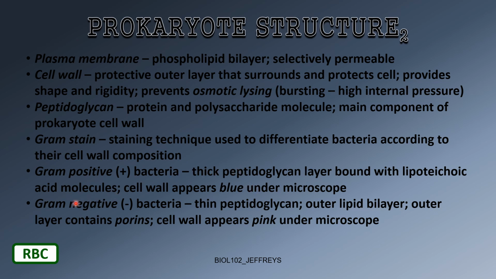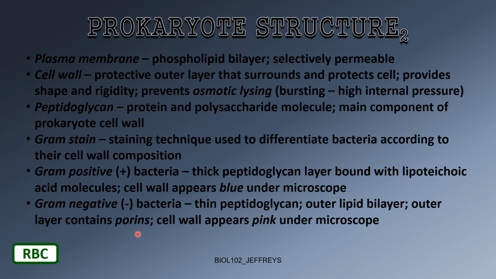And then on the other side, you have gram-negative. It's my little symbol for negative. Gram-negative bacteria have a thin peptidoglycan cell wall. They also have an outer lipid bilayer. So they have an outer bilayer and an inner bilayer. This outer bilayer contains porins. You're familiar with porins. They're pores. They're just little openings. They're little channels that allow things to flow in and out